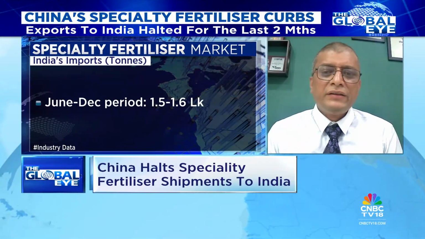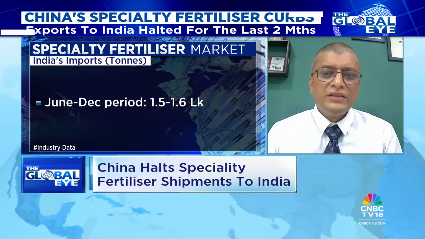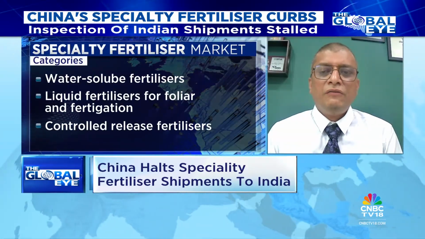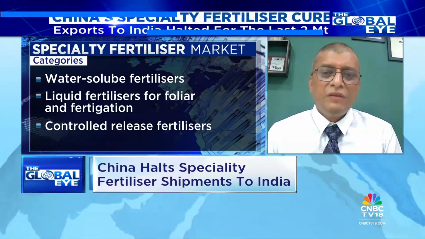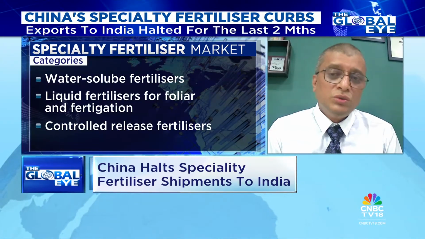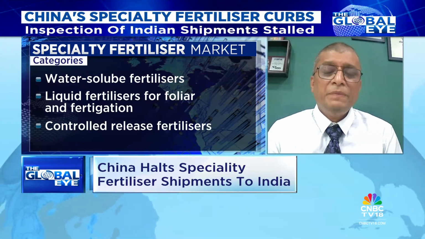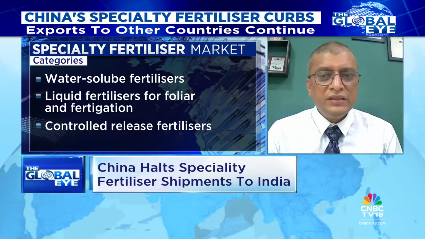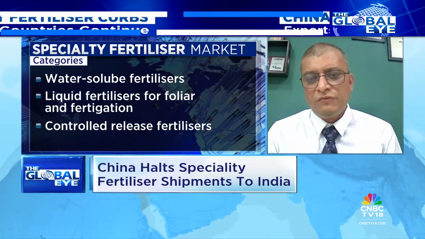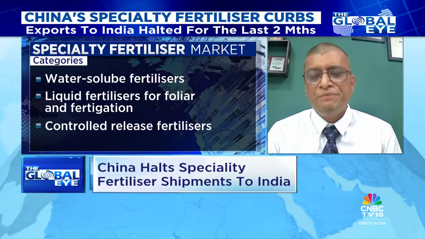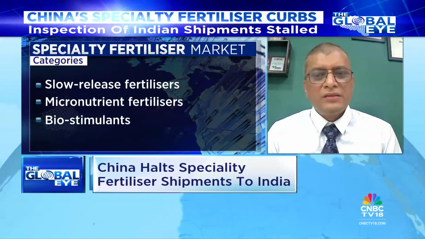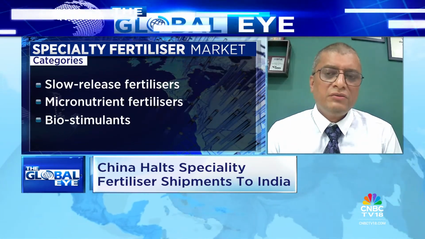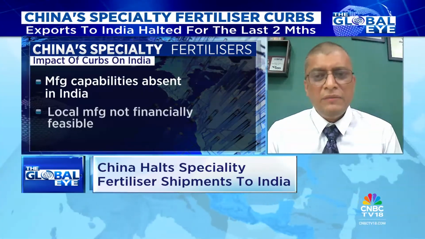Now, about impact, what happens? These are very high yielding fertilizers. This makes precision farming possible. So what happens when the prices of specialty fertilizer go up, then farmers switch from specialty fertilizer to the traditional fertilizers like urea and DAP. This process actually decreases the yield. When the yield decreases, obviously the prices of vegetables and fruits go up. I think this has happened in the past also. And this was one of the reasons why tomato prices increased in 2024. The impact is like that only.